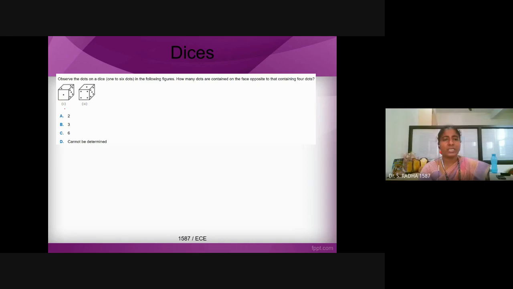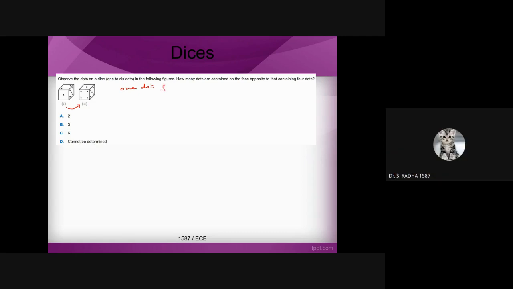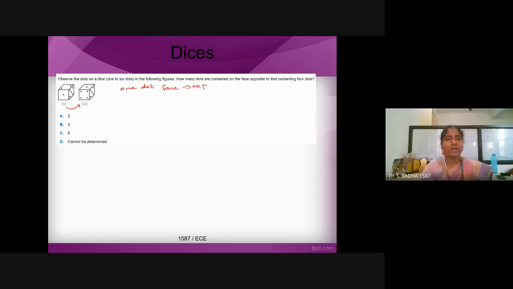So you can see here from 1 to 2, what are the observations you can see? The one dot has moved on to the top. Okay, one dot has moved from face to top. If you see like that, what happens to the bottom? In figure 1, bottom will become face in figure 2. So figure 1 bottom, when the rolling takes place, will become face in figure 2, and that is nothing but 4 dots.